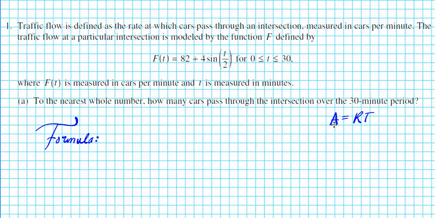So amount, total amount, is equal to rate times time. This formula applies to a scenario where you have a constant rate over an interval, then you can simply multiply it, because the area underneath the rate curve will tell you the amount over that interval. But if you have a variable rate like this, which is not constant, then